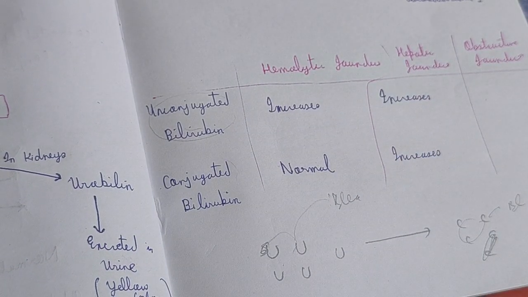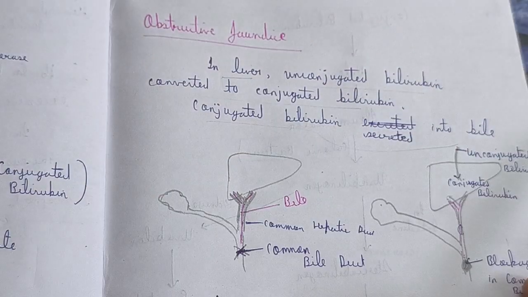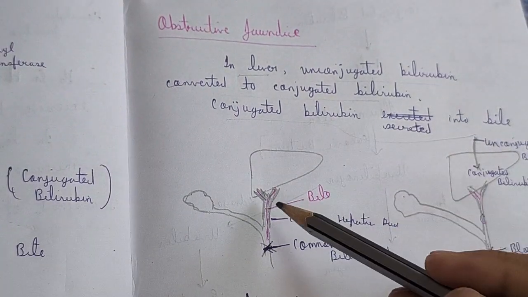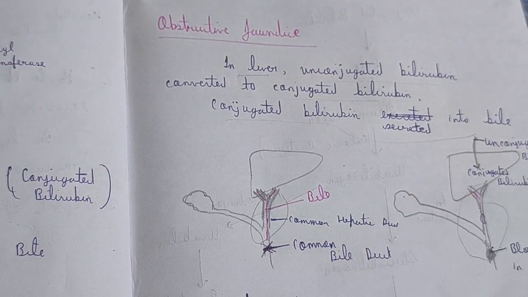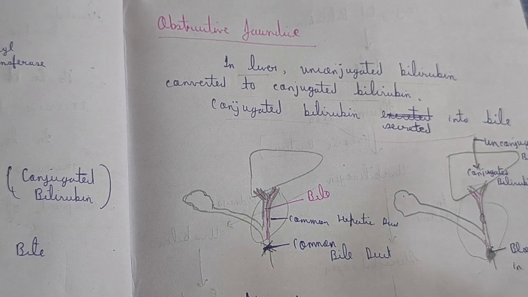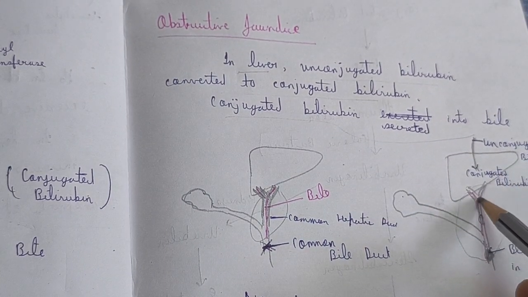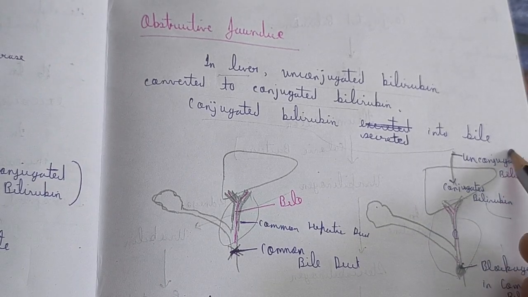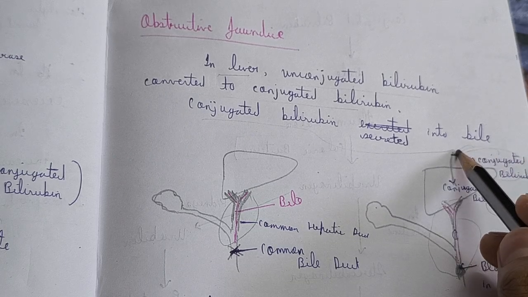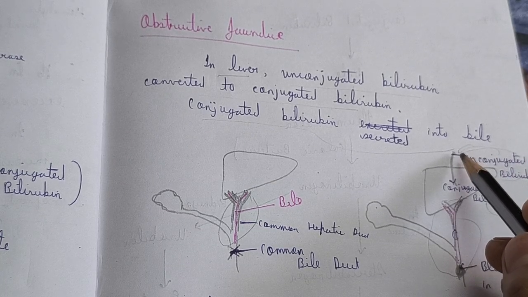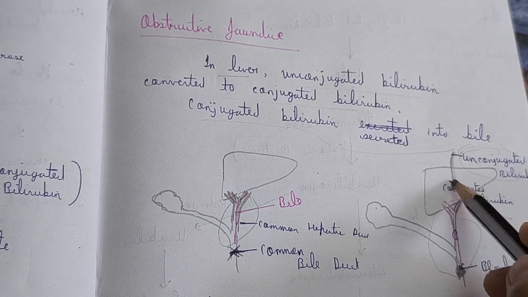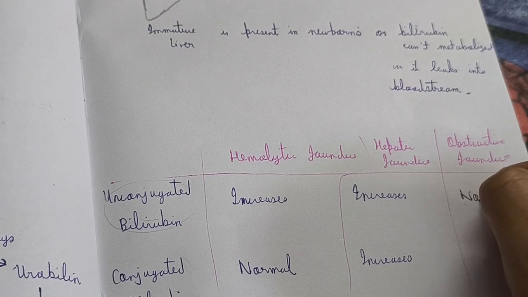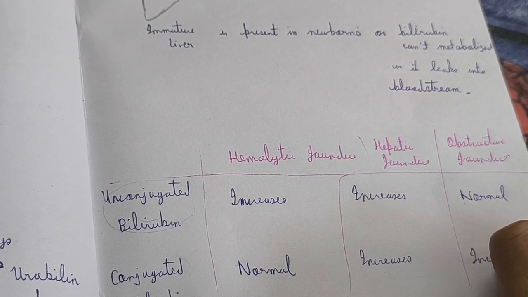Now, in obstructive jaundice, you know that there is obstruction in the bile duct. If there is obstruction in the bile duct, that means conjugated bilirubin will not be able to go into the intestine and it will go into the blood. But the unconjugated bilirubin coming to the liver, because the RBC destruction is normal, will be converted into normal conjugated bilirubin. So in this case it is normal, but this increases,